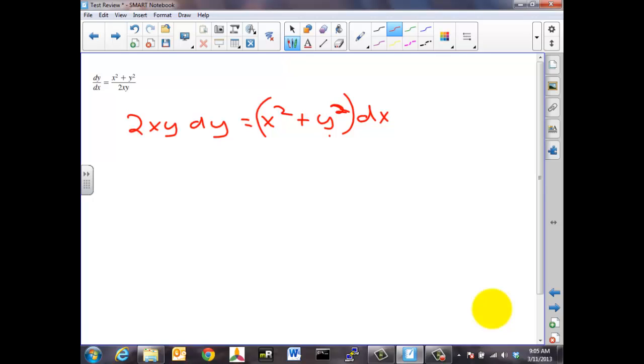I agree with you. I don't know if it helps you out or not. No, because then you get x minus y quantity squared. All right, if we just